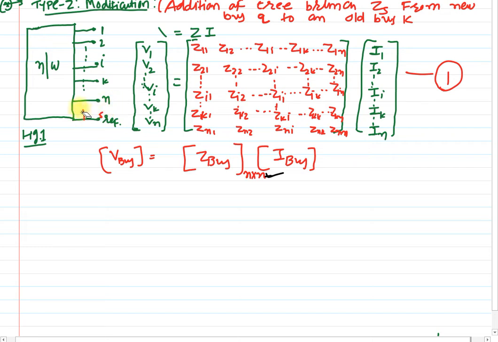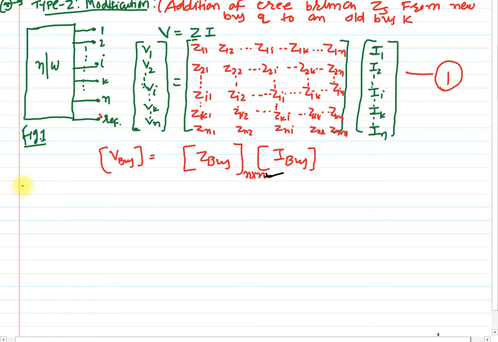written. Consider the system where the n number of buses are present and the generalized voltage equation, which is V is equal to Z into I. According to this voltage equation, we will write the voltages at each bus into the matrix form. Then we will derive the equation number 1.